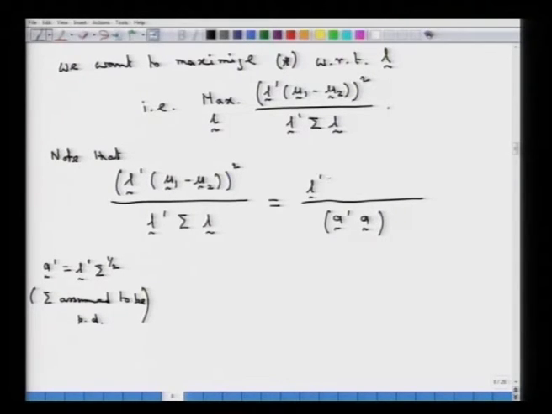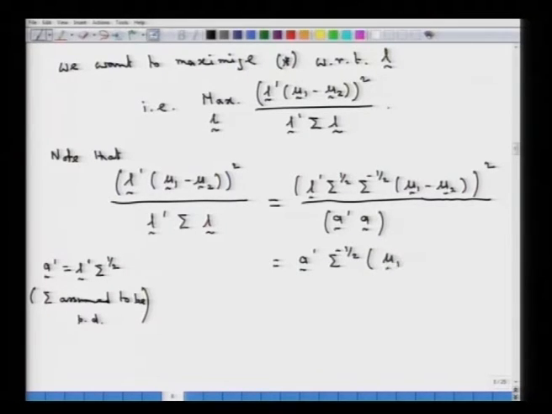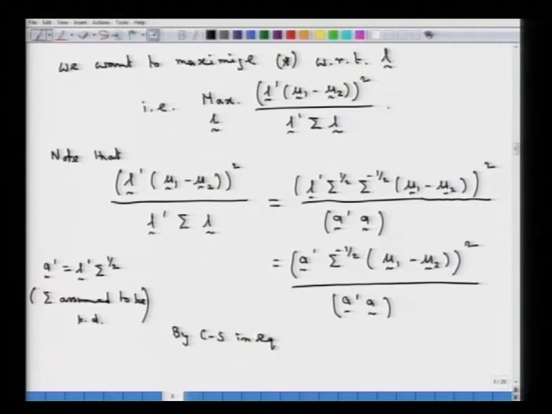Let me write it in one step: L transpose sigma half, sigma to the power minus half times mu 1 minus mu 2, squared. So, this term can now be written as A transpose sigma to the power minus half times mu 1 minus mu 2, whole squared, divided by A prime A. Now, by the Cauchy-Schwarz inequality, this term,